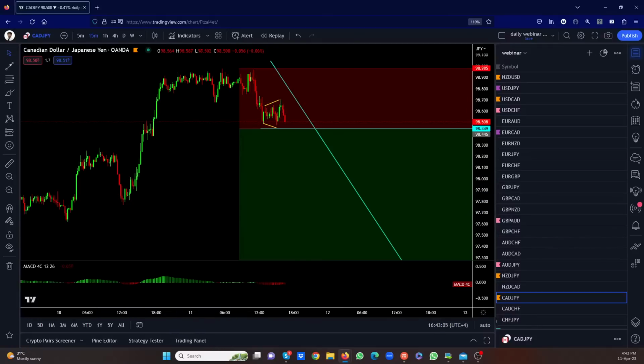Let's get the trade. Let's not miss this trade. Give me 1 second. I don't want to miss the trade. All right, so that is the Canadian. But I'll put the pending order because it's still there. Sell price at 98.44. Stop loss at 98.98.